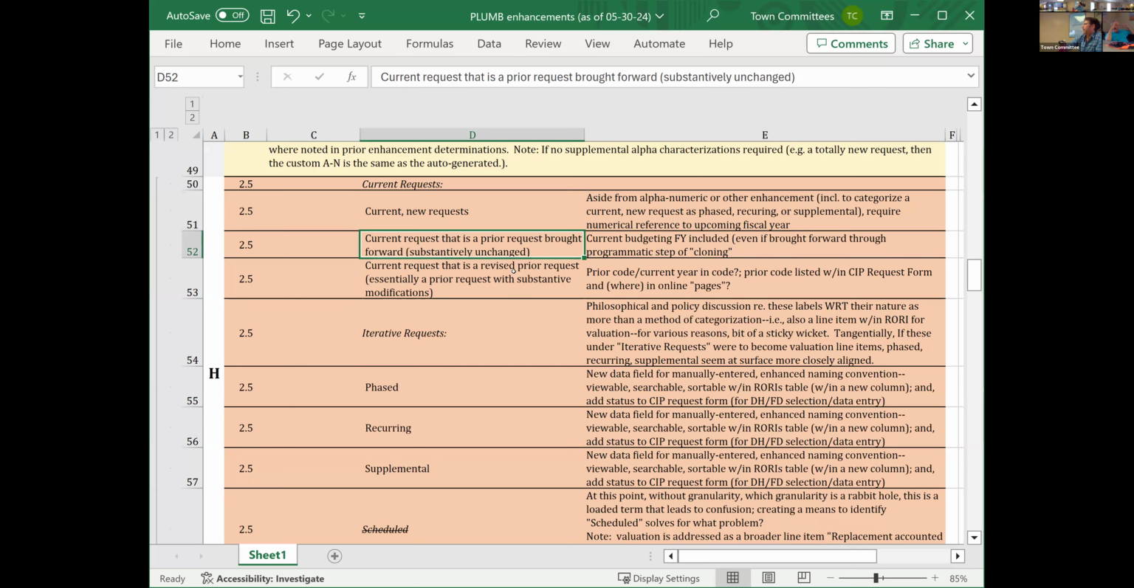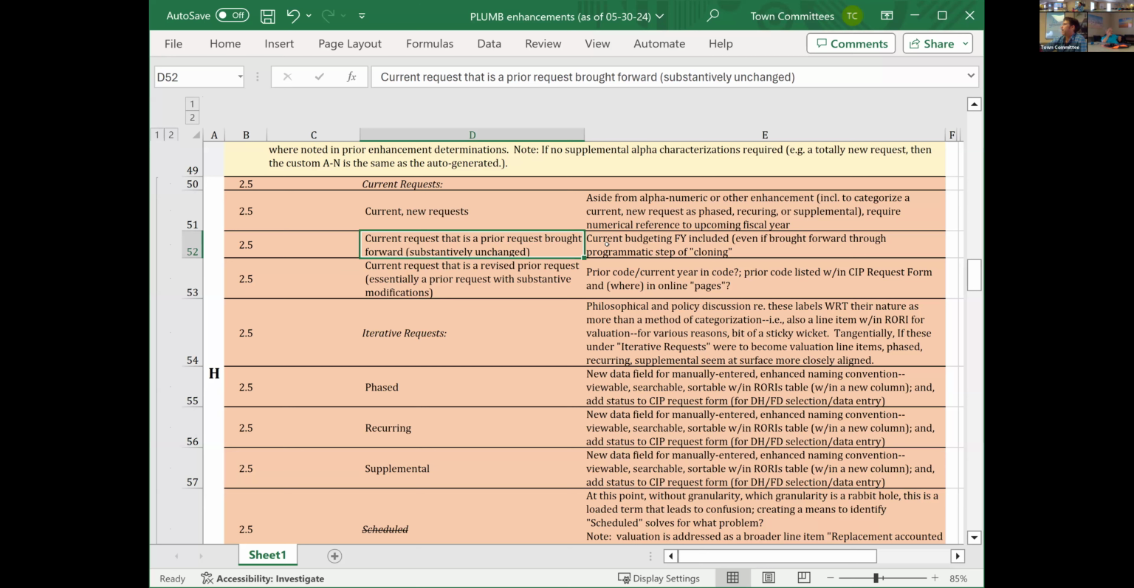Plum. Current request is a prior request brought forward, substantively unchanged. Again, this relates to cloning. Cloning is the first step on the back end. The next step is, as Sue has volunteered, will be inputting data, and she will be inputting what the modifications are, so that in our review, we understand how this request relates to a past